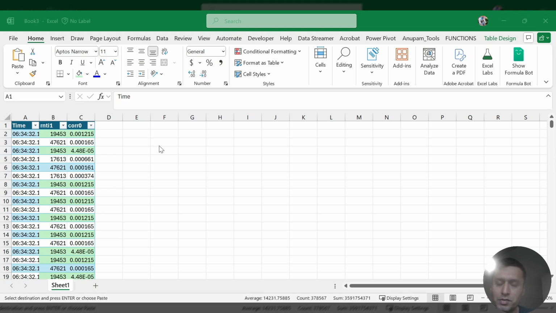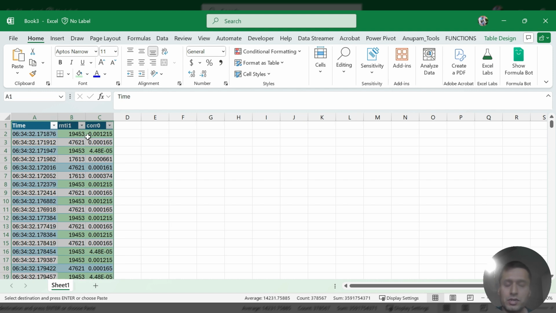Today I am going to share a trick on one of the datasets which I have. So let me share my screen here, and you can see that I have data something like this. This is coming from some MU-MIMO logs, and here we are trying to pair three of